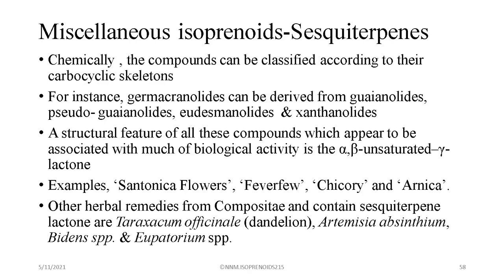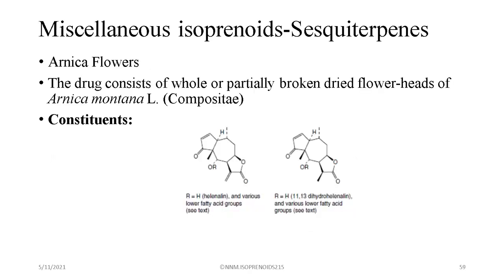So basically we look at the common names, maybe the scientific name, the part of the plant that produces that compound, and their function. Just those three things for each of them, then we are good to go. Okay, now we can start the individual ones. We'll start with Arnica flowers.